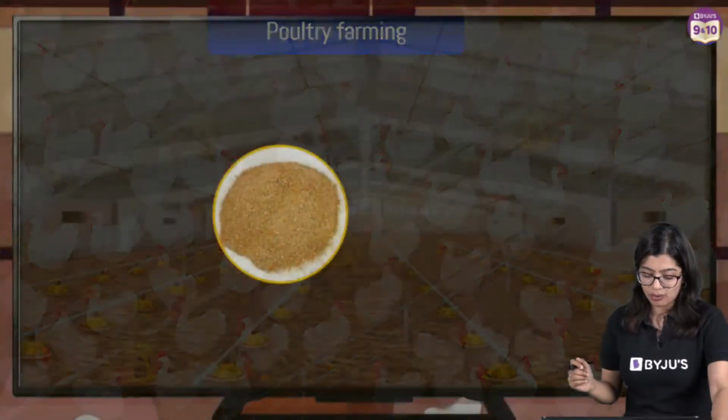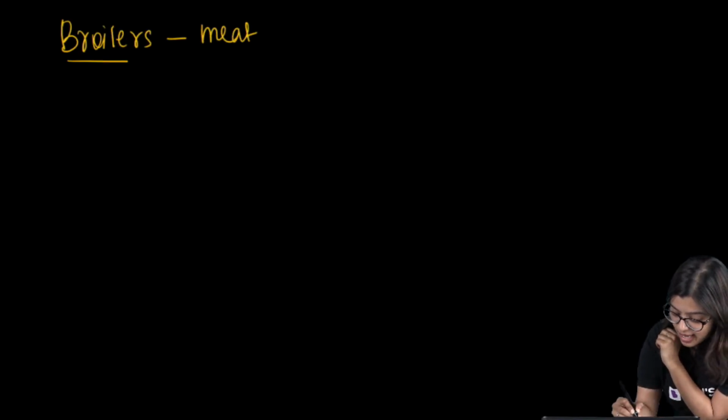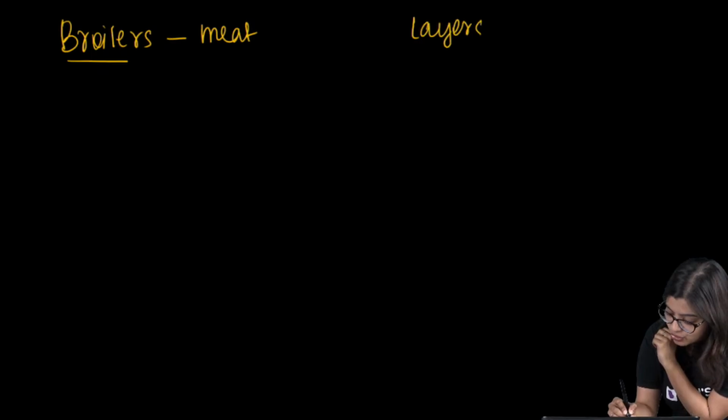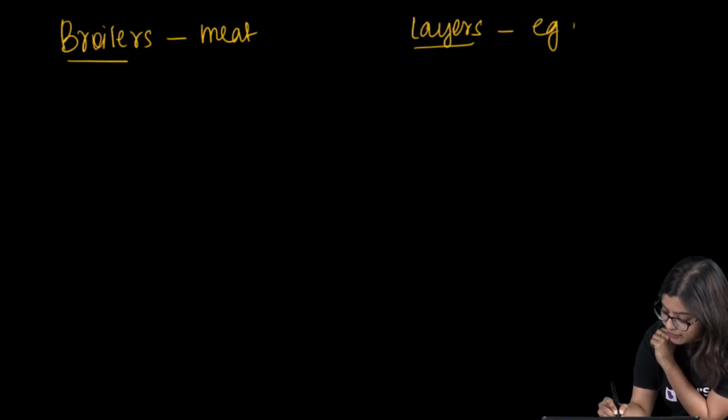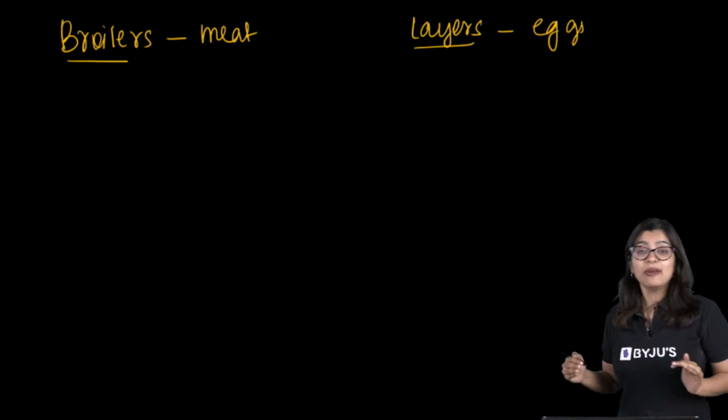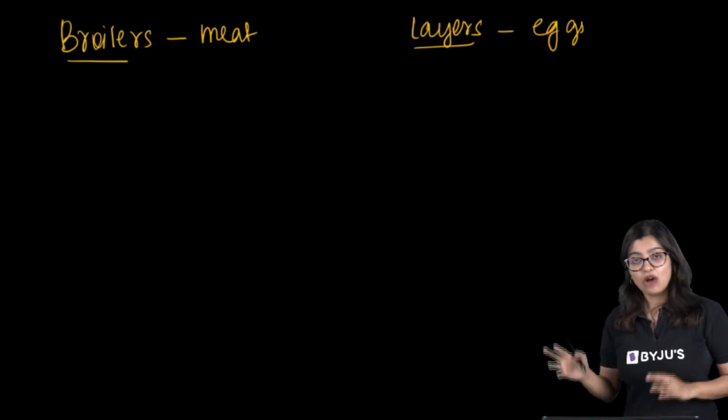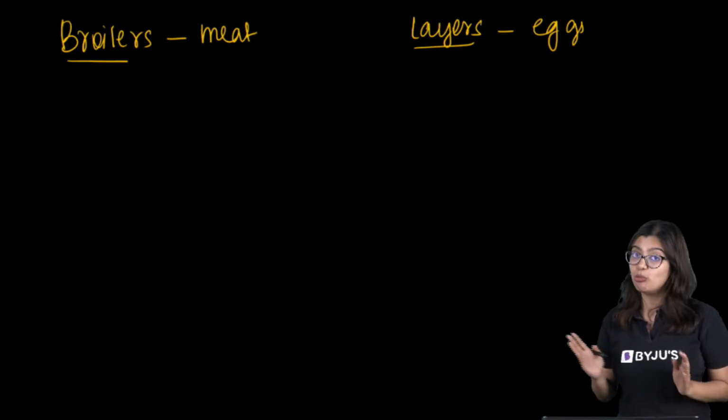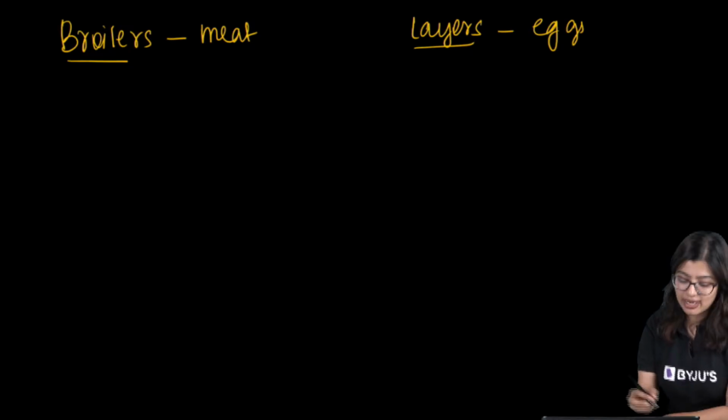Now, quickly to go back, right? That slide always seems to have a problem. But when you talk about it, the diet that goes for this is very important because you have two categories, no? You have broilers, which are reared for their meat, and you have layers that are reared for their eggs. Now the requirement from these two are different. Now you cannot have the same diet given to both these poultry birds, which is why if you look at